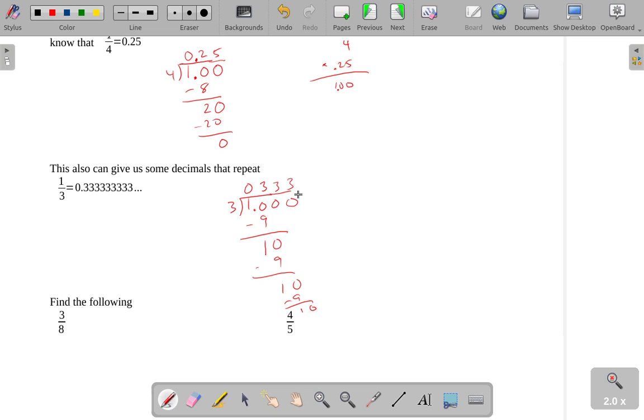This gets in a never-ending loop. It just keeps going on. And I should put my decimal place here, just like I did up there. Again, the decimal place occurs directly above where it was down below. So we get 0.33333333, and the symbol we use to denote that this is a repeating decimal, oftentimes we do a line over the top of